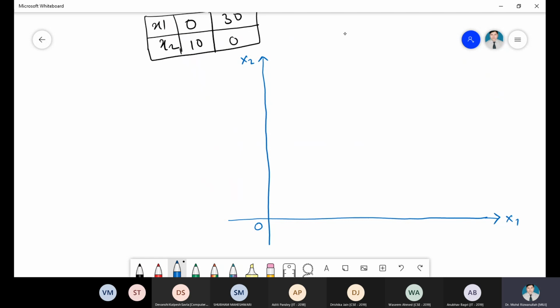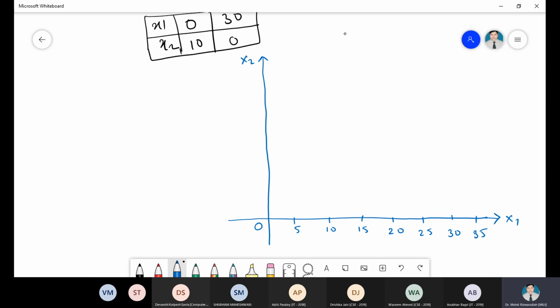So maximum is 30. So either you take the 5 difference on the scale, or 10 scale or 2 scale. When the scale is large, the graph will be small. Fine. So I'm taking it here as a 5. Then 10, then 15, 20, then 25, then 30, and then 35.